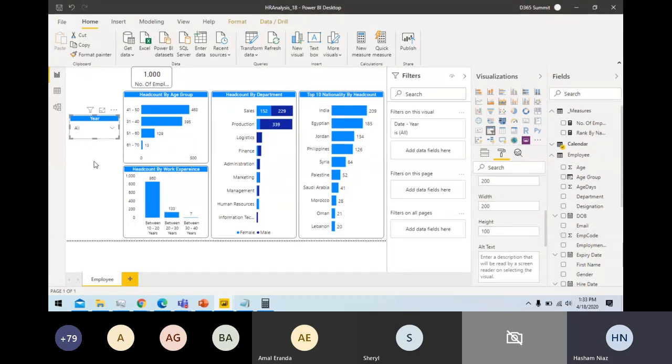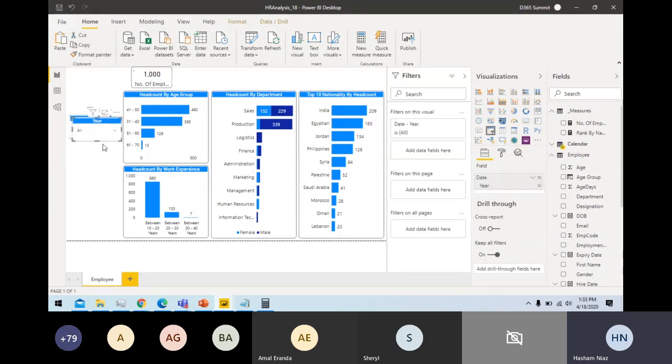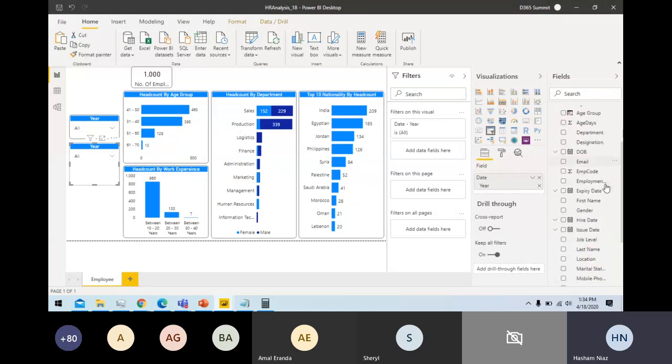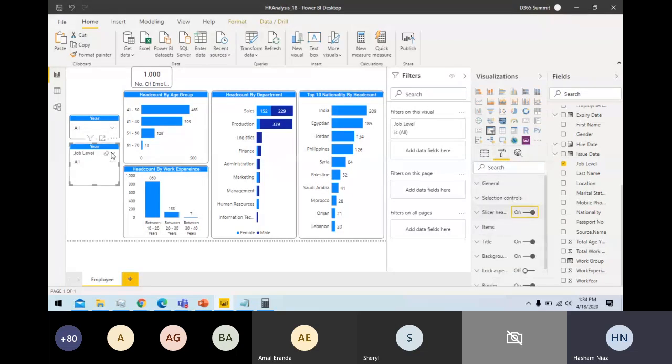I just adjusted the height and width of this particular year filter. So now we can copy paste it here. We can align it like this, and the other filter we are going to place is job level. So I can remove this from here directly. I can move this like this, job level, and to see all the available job levels I just need to go here and turn it on by list. So now I have this as a list, then I can turn this off right now.